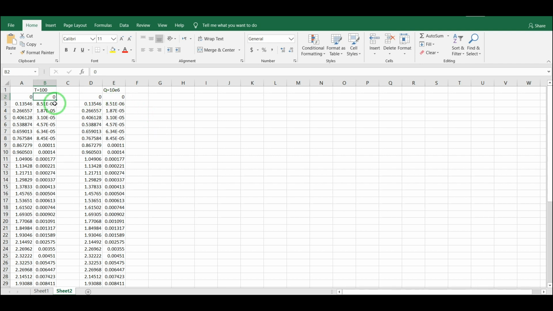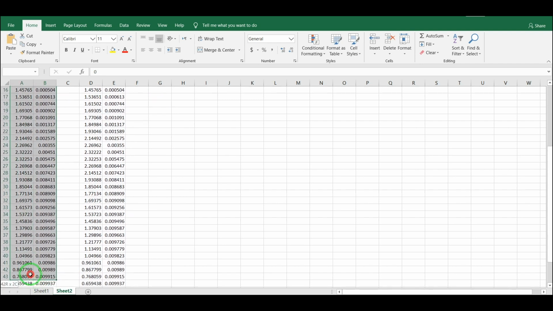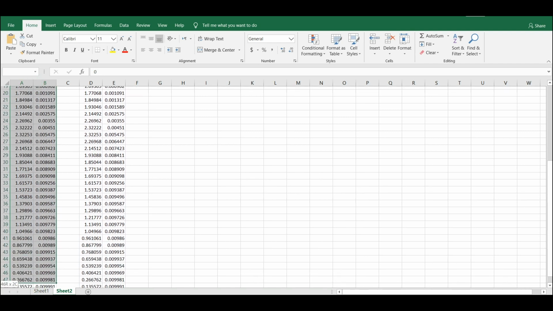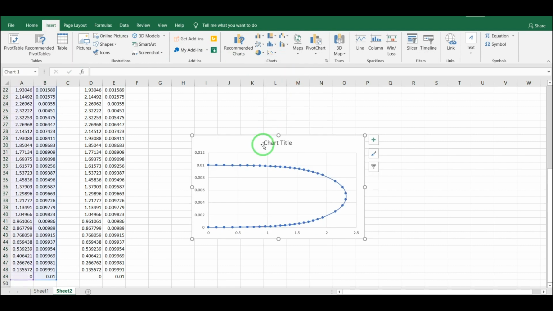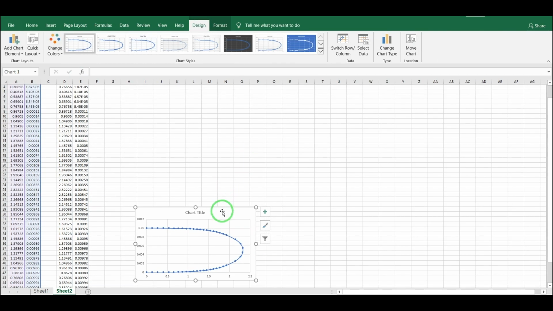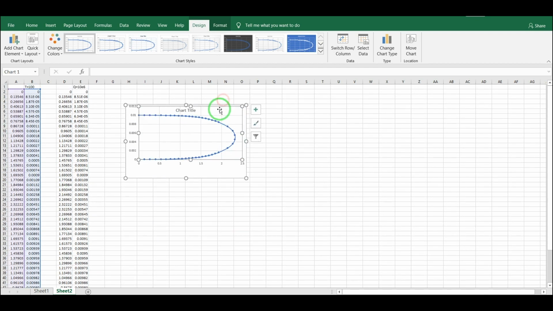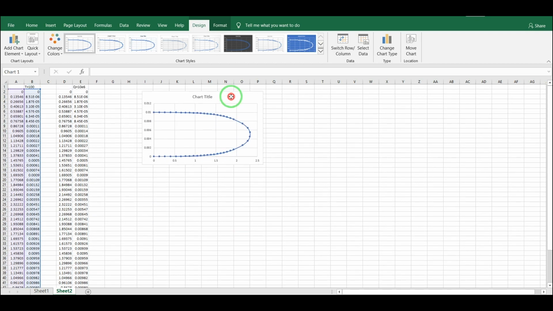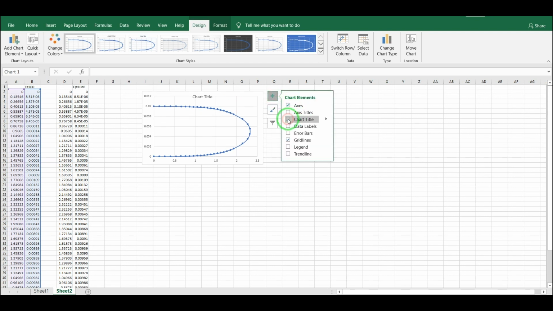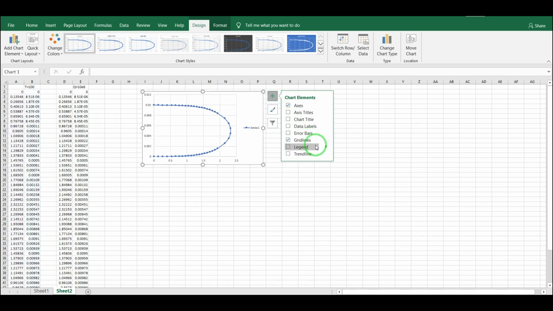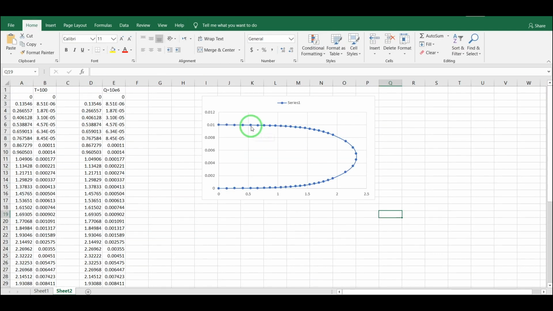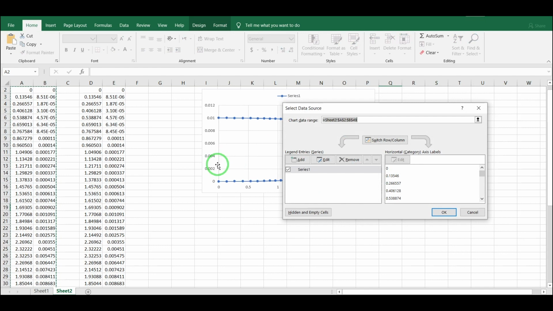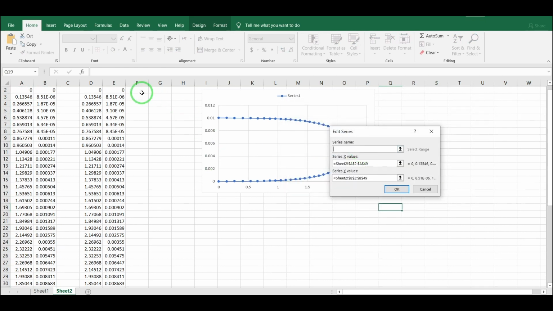So let's plot these two. Okay. Chart title. Let's add another one. Let's edit this one, and